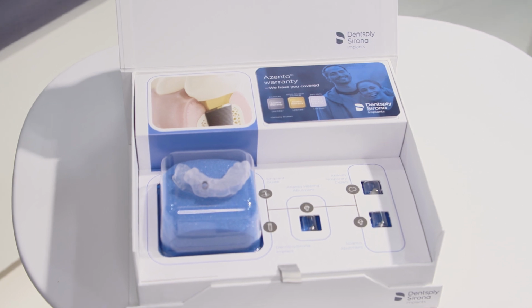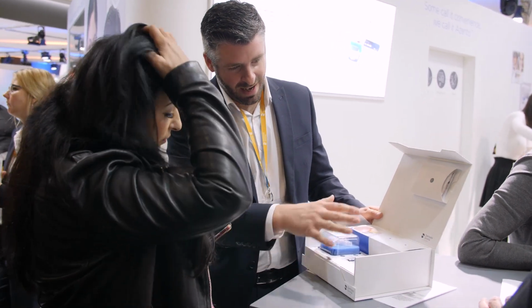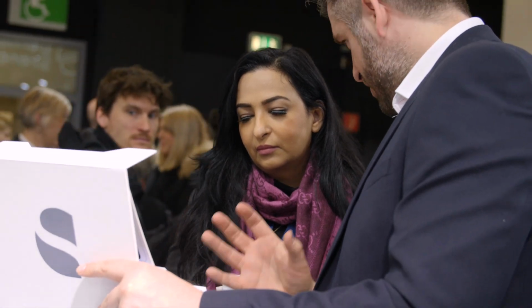Scan, approve, and treat. It helps the clinicians through digital treatment planning have the precise implant position as well as the custom restorative design at the time of surgery. The implant will be exactly where it needs to be, and the restoration will be aesthetically pleasing for the clinician